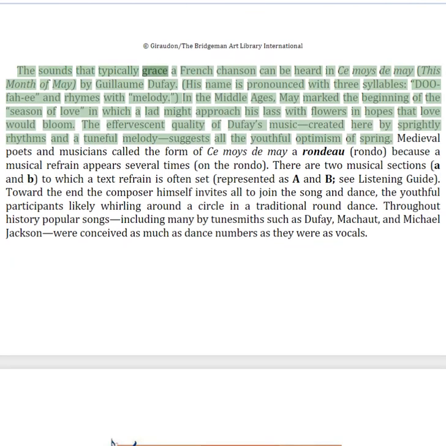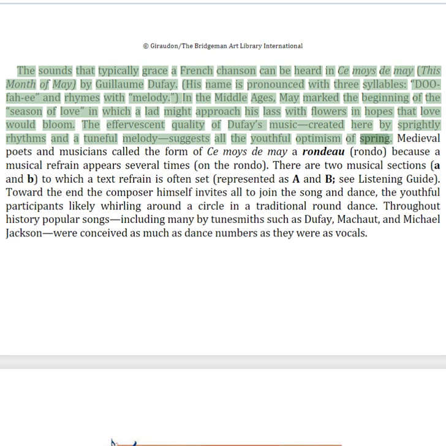The sounds that typically grace a French chanson can be heard in Ce mois de mai by Guillaume Dufay. In the Middle Ages, May marked the beginning of the season of love, in which a lad might approach his lass with flowers in hopes that love would bloom. The effervescent quality of Dufay's music, created here by sprightly rhythms and a tuneful melody, suggests all the youthful optimism